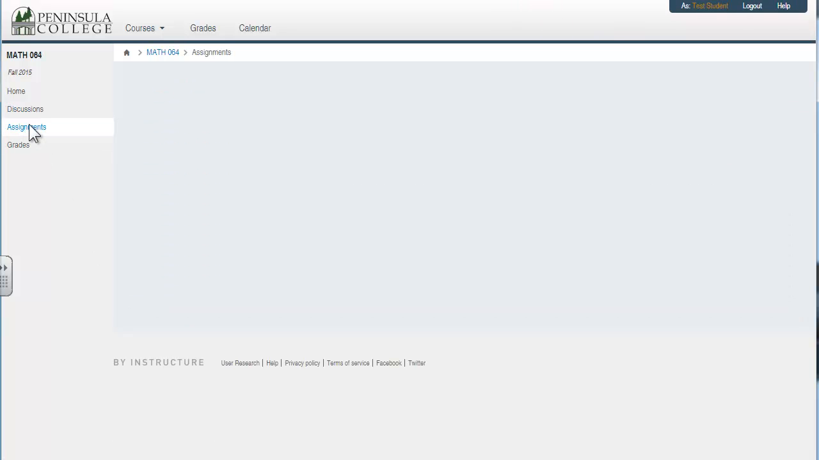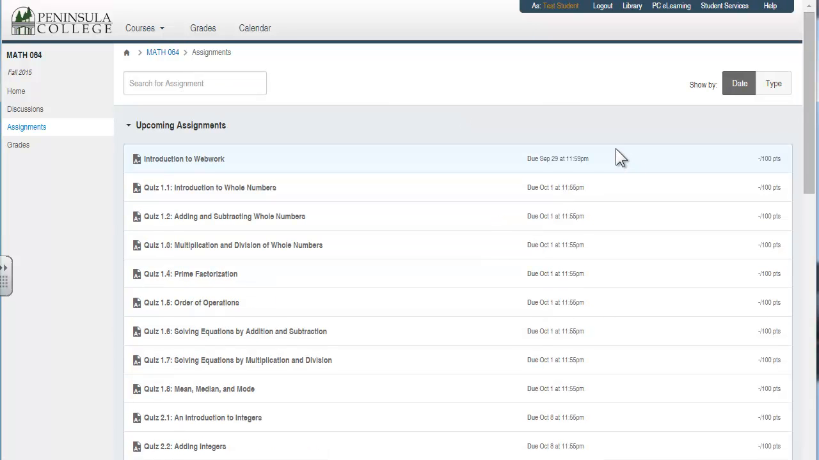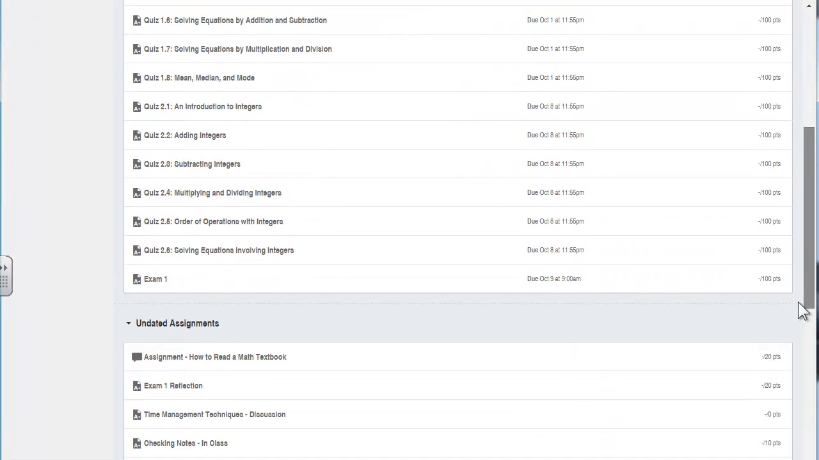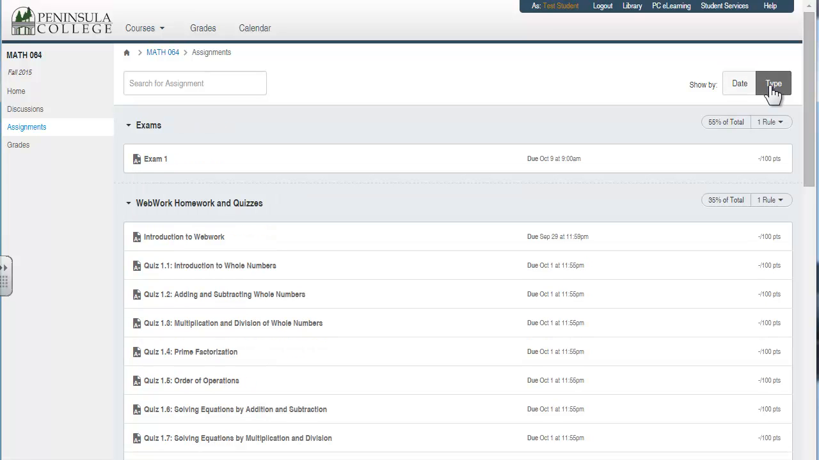There's the Assignments tab, which shows the assignments that are due. Here they are listed according to due date. You will see that only the first few assignments are on there. Or you can organize them by type. By type, there's exam 1 up here, will eventually be exam 2, 3, 4, and the